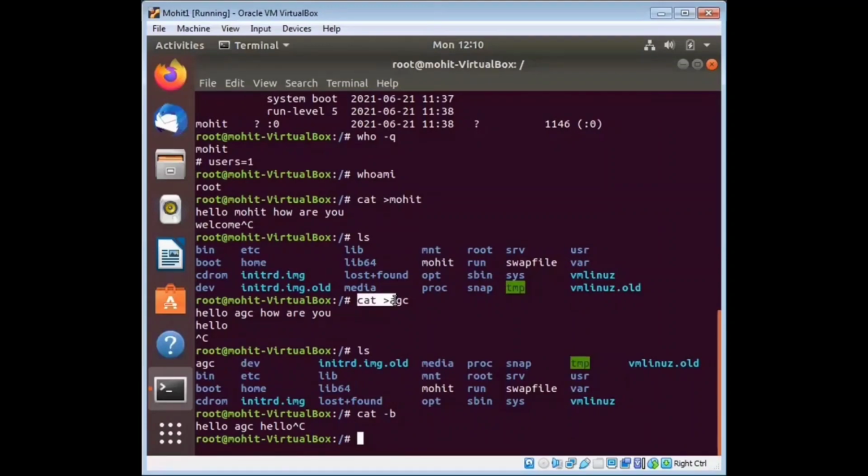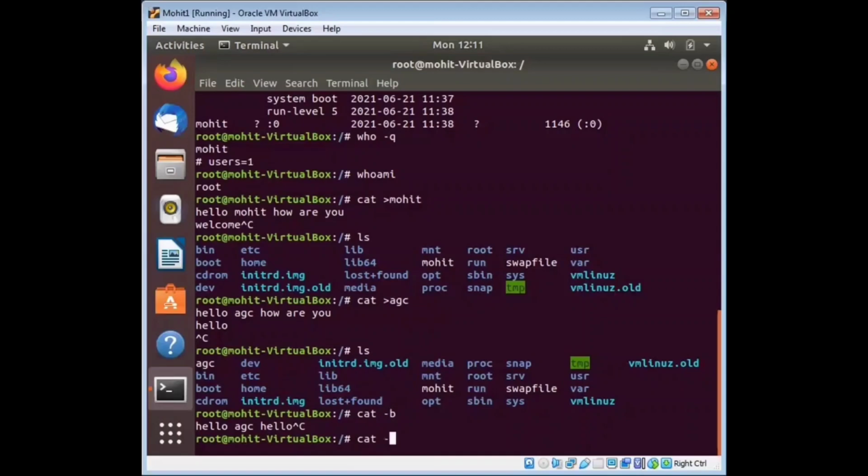When you use cat > AGC, it will create a file with content like hello AGC, how are you? Cat minus b is used to omit line numbers for blank lines in the output, like this: hello, in the next line AGC, and again hello.